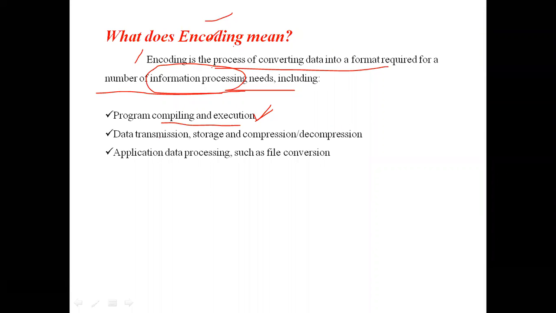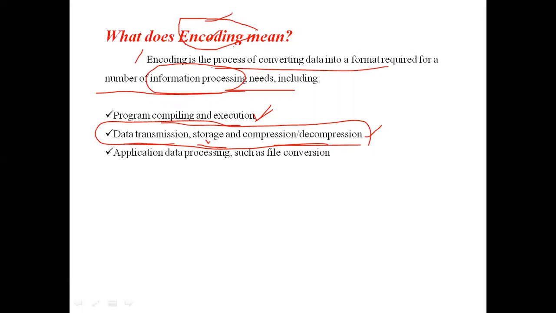Next, we want encoding for program compiling and execution, and also for data transmission, data storage, compression or decompression. To transfer data, we want data encoding. For storing the data also, we want data encoding. For compression and decompression also, we want encoding in computer science. One more application where we use encoding is file conversion.